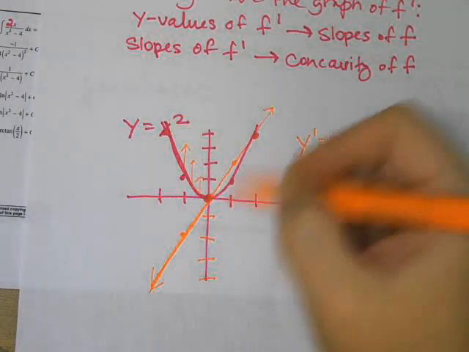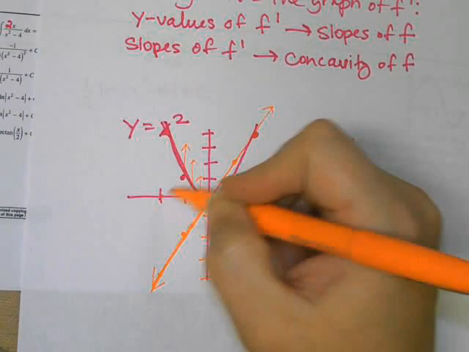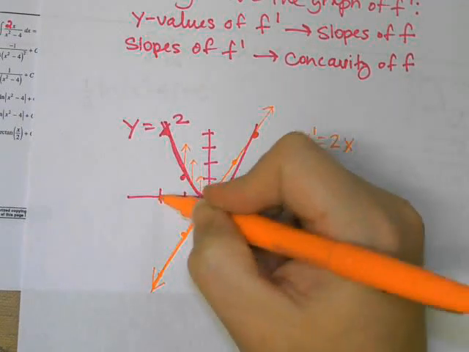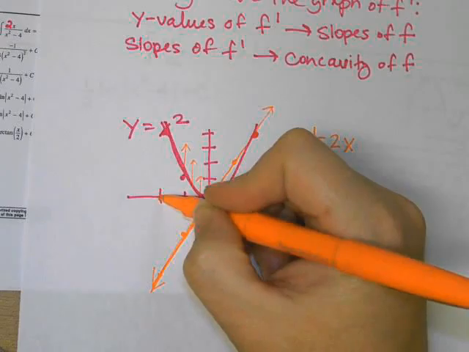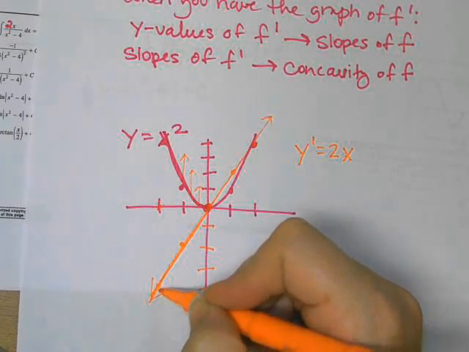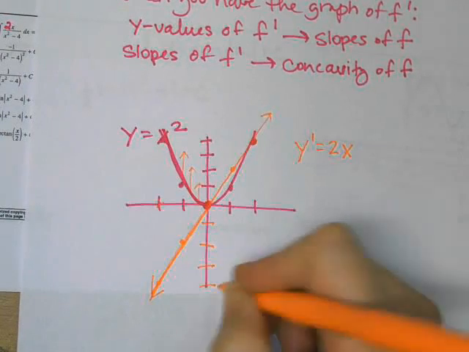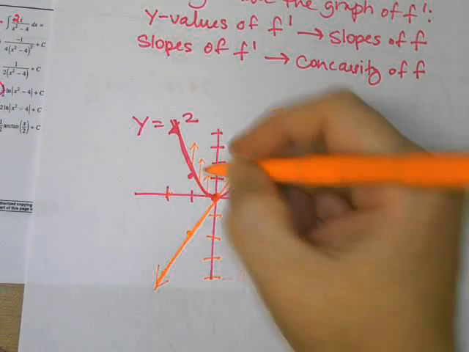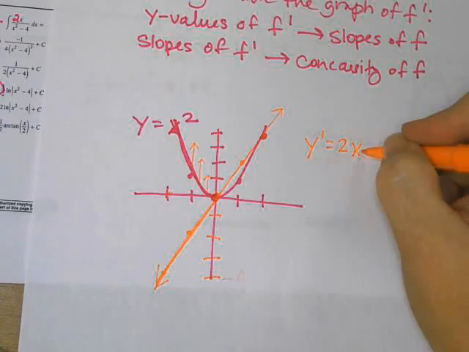So, explain the concavity part again. So the slopes of your derivative graph correlate to the concavity of your function. So since my original function was concave up, then my derivative had positive slope. Right. All right, let's try,